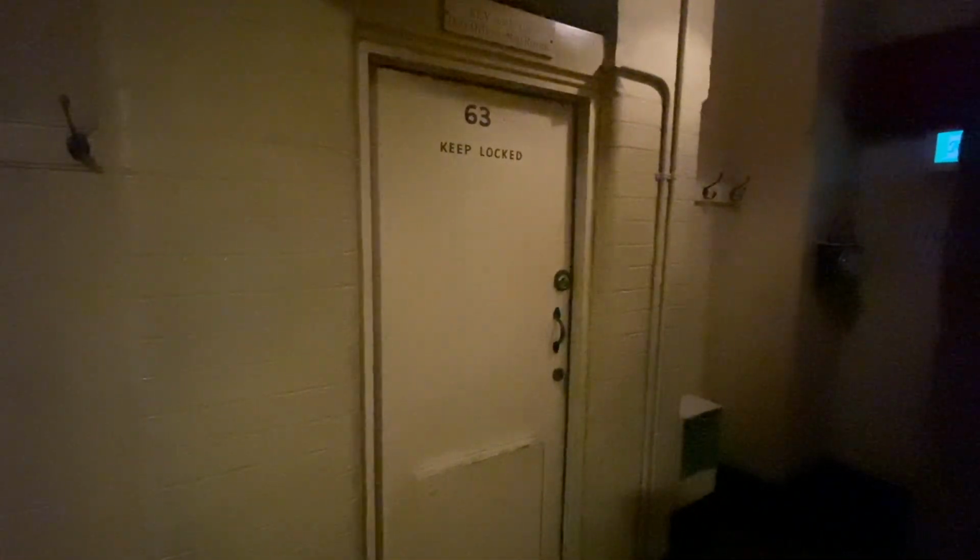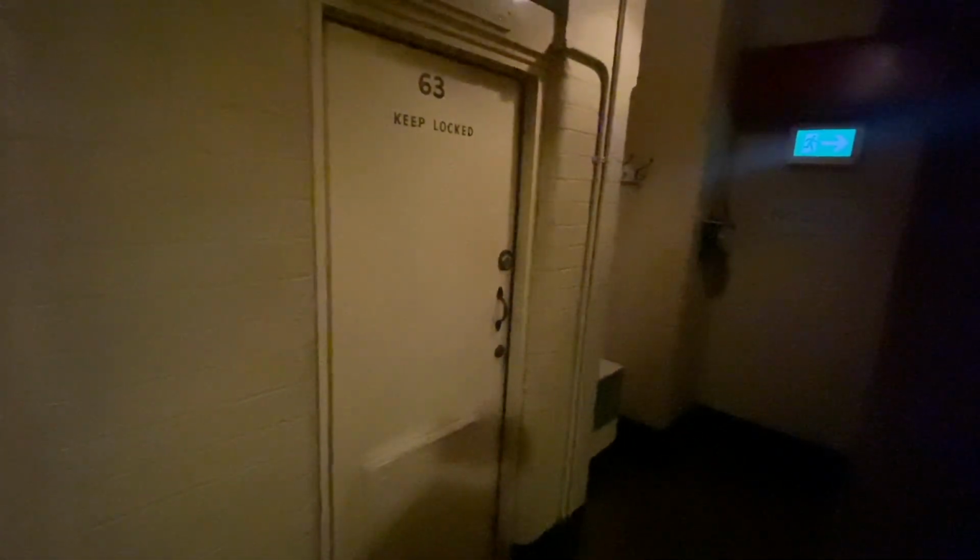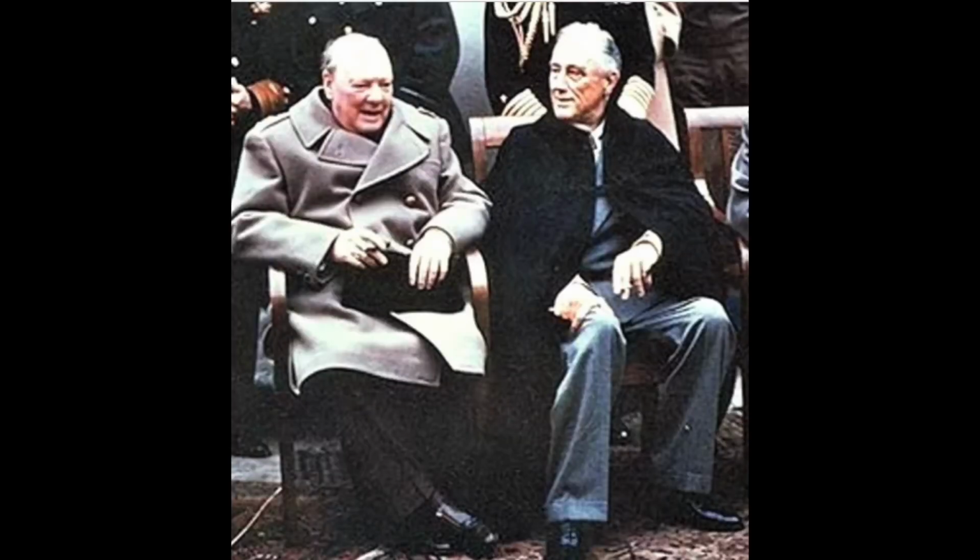Now you guys, the most important room in the building, which I find absolutely fascinating, which has an engaged sign. This is the most top secret room in the building. This was Winston Churchill's toilet. Why is that top secret? So this, in fact, had not been his toilet, even though, contrary to popular belief, everyone believed it had. This was one of the most, again, secure rooms in the building. It had been a broom closet that had been converted for him, so he needed somewhere he could speak securely to the US President Franklin D. Roosevelt. The interesting thing about this is the telephone in this room was connected to the Sig Sally Scramble,